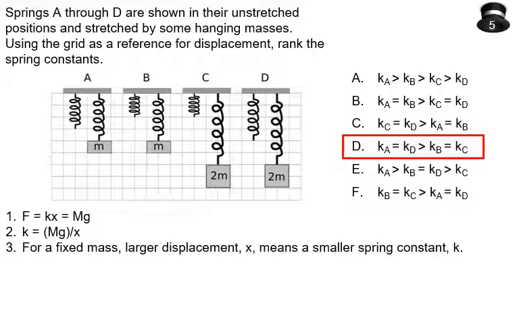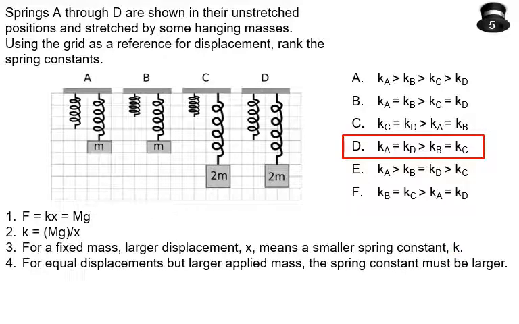And so if we have the same amount of mass applied, hooked on the end of a spring, but a larger displacement, that means there must have been a smaller spring constant, because that spring constant is the stiffness, the resistance to being stretched or compressed. So if we have a larger displacement for the same amount of mass, that must be a smaller spring constant. Then if we have an equal displacement, but a larger amount of mass, then that spring constant must have been larger. So if I, for instance, apply 2 times the mass to a spring, and I stretch 2 boxes,